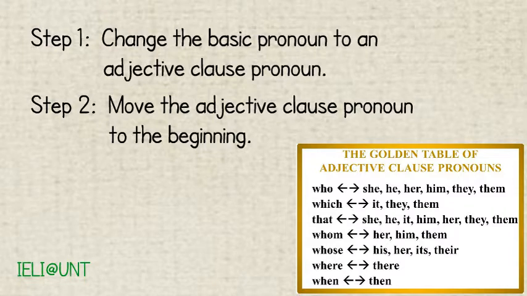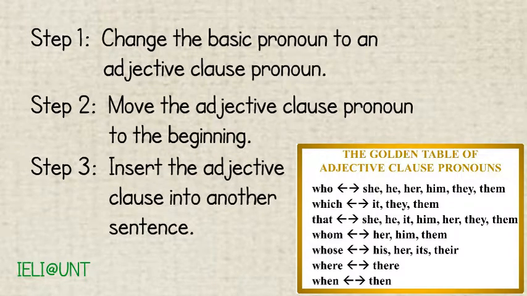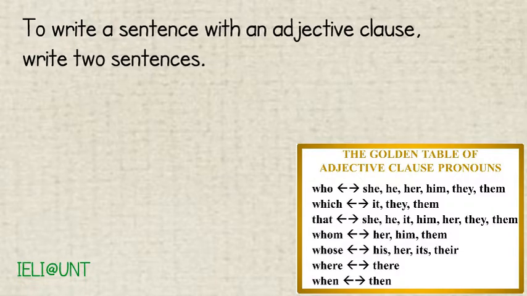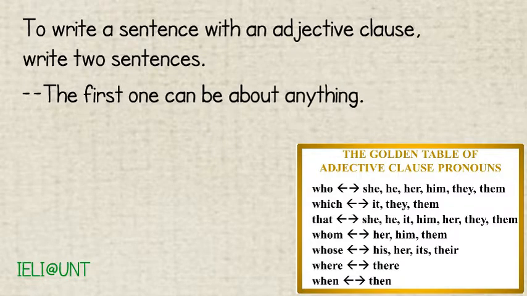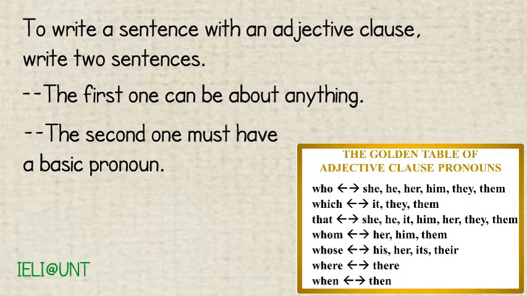After you have made the adjective clause, you need to insert it into another sentence. In this lesson, we will make several sentences with adjective clauses. The first thing to do if you want to write a sentence with an adjective clause is to write two sentences. The first sentence can be about anything. The second sentence needs to have a basic pronoun in it, and the basic pronoun must point to something in